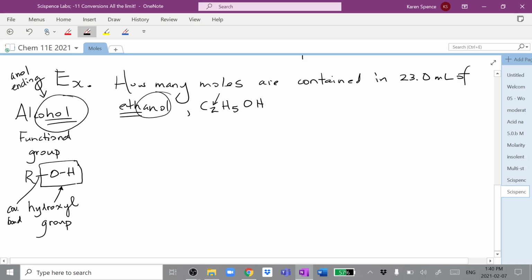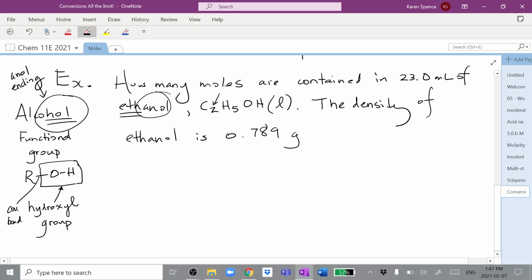And now, let's get back to business. Ethanol at room temperature is a liquid. And we are going to be told that the density of alcohol, ethanol, is